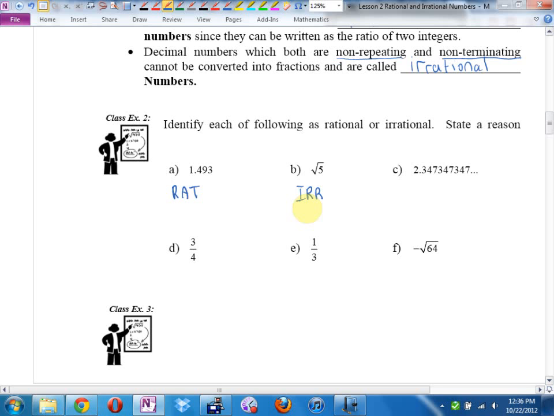2.34734737... Now, I think they want us to assume that the pattern continues. I kind of don't like this question because it's possible I could create a number that went 347, 347, 347, 9826 right off the screen. I could. But I think we're supposed to assume the pattern continues, that this is non-terminating but repeating. If it repeats,